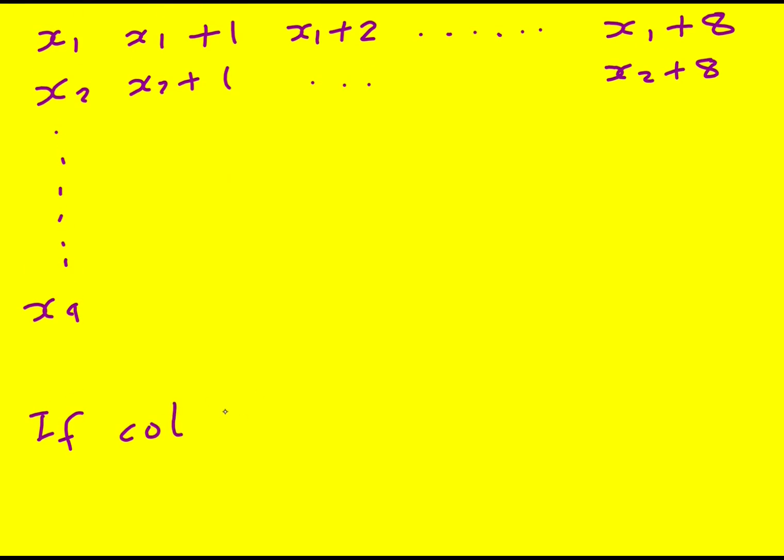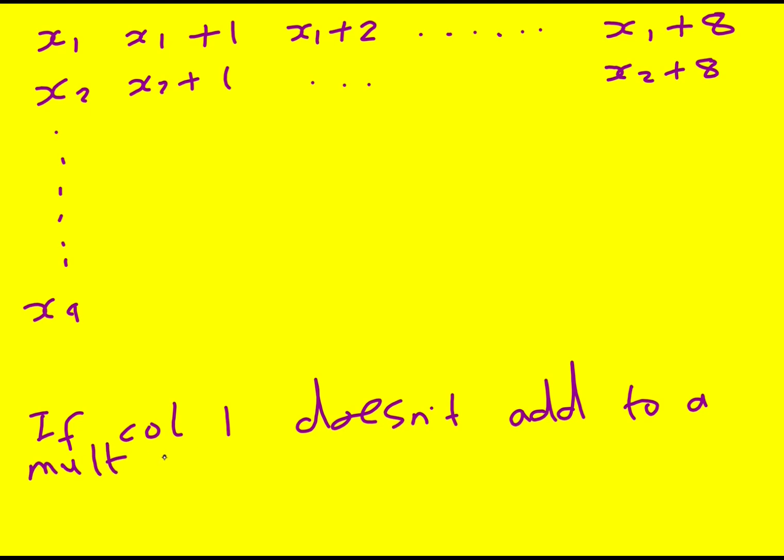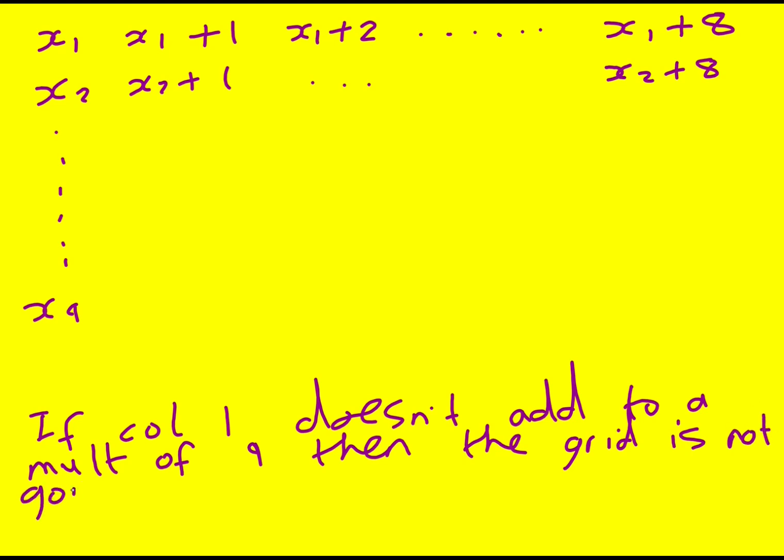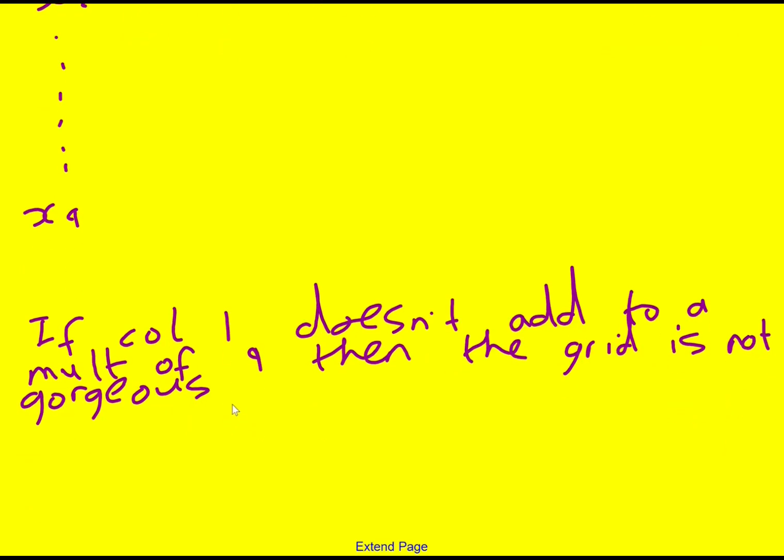Okay, so if column 1 doesn't add to a multiple of 9, then the grid is not gorgeous. It actually doesn't really matter what happens with the rest of them, although the rest of them will also not add to a multiple of 9, but it kind of doesn't matter. But if it does,